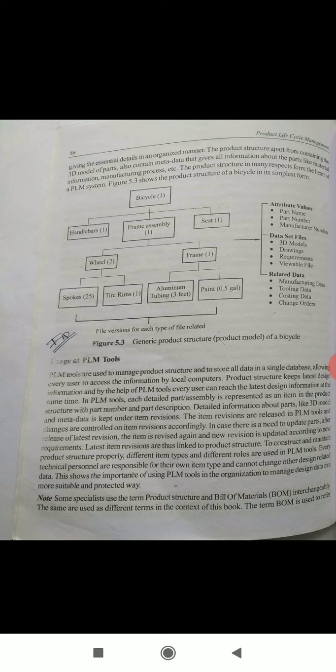in an organized manner. The product structure, apart from containing the 3D model of parts, also contains metadata that gives all information about the parts like material information, manufacturing processes, etc. The product structure in many respects forms the heart of the PLM system. Figure 5.3 shows the product structure of a bicycle in its simplest